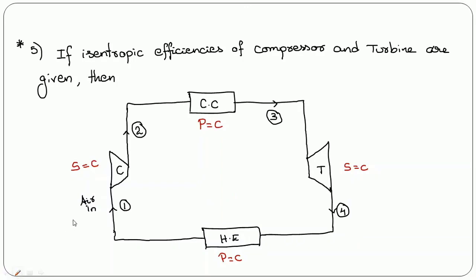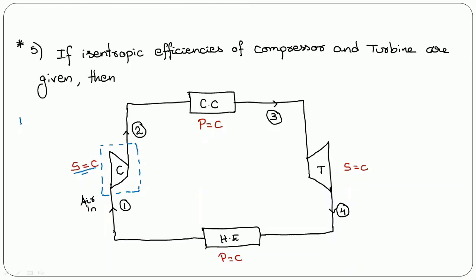If you observe closely here, each component of this power plant can be considered as a system. Suppose we consider only this compressor as our control volume. Now fluid is entering the system and leaving the system. Therefore mass enters and leaves the system, and at the same time energy enters and leaves the system. So this can be considered as an open system.